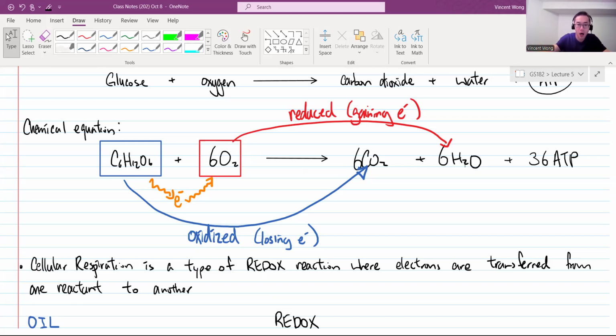There are a lot of everyday situations where we burn things, right? For example, if you drive a car, the engine burns octane. That's the fuel that you put in cars. And I want you to think of the same equation, but instead of glucose, we have octane plus oxygen, and then you burn it, producing carbon dioxide and water, right? How an engine works is you burn the fuel a little bit at a time, and the explosion from the reaction causes the piston to turn, then the wheel turns, and your car moves forward, right? If you have a full tank of gas, you can drive 400, 500 kilometers, depending on how big your tank is.